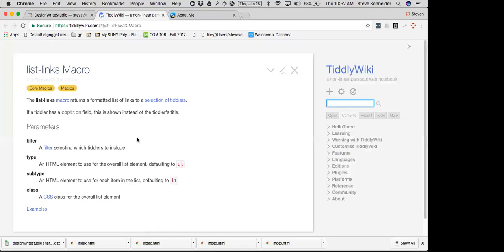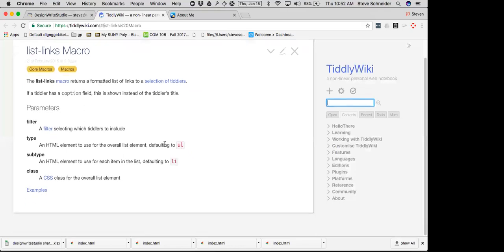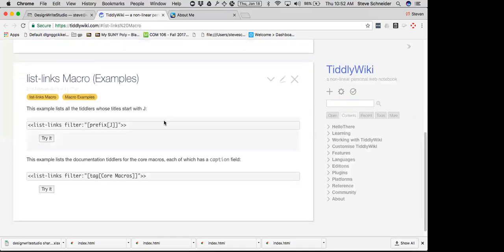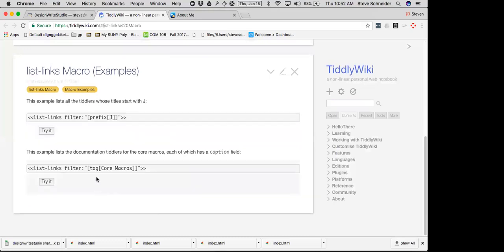So I'm looking at this, and I'm looking at parameters, filter type. I don't know what this stuff is. Examples, I can probably deal with that. List links, filter, prefix, I don't know. List links, oh, tag. I know the word tag. I'm going to copy and paste this code